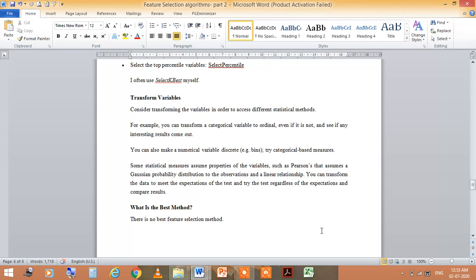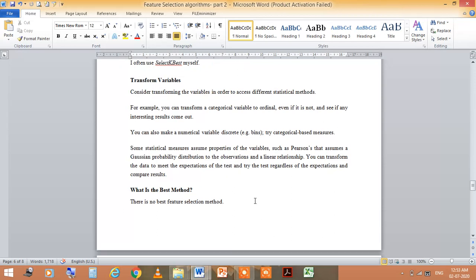Some statistical measures assume properties of the variables, such as Pearson's, which assumes a Gaussian probability distribution of the observations and a linear relationship. So you can transform the data to meet the expectations of the test, and also try the test regardless of the expectations and compare results.